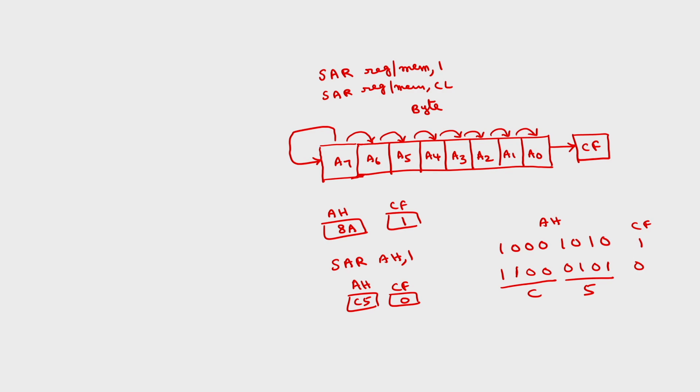So, there are 4 shift operations, 2 shift left, 2 shift right, for 1 bit position or multiple bit positions. And the last instructions in this group are compare instructions. This is also one of the important operations. In compare instruction, the general mnemonic is CMP, compare. Then we can have register slash memory 2 comma register slash memory 1.